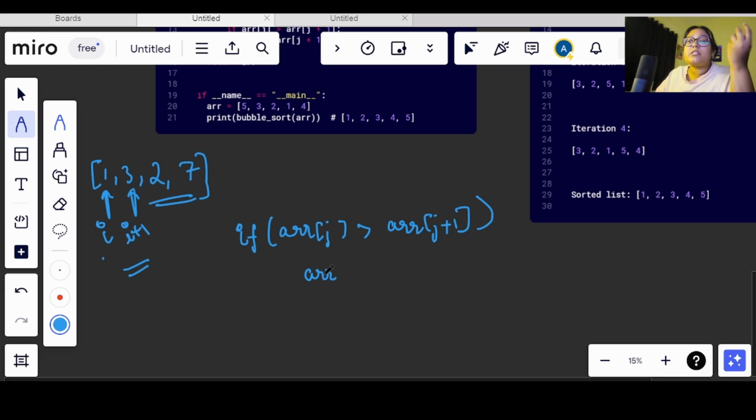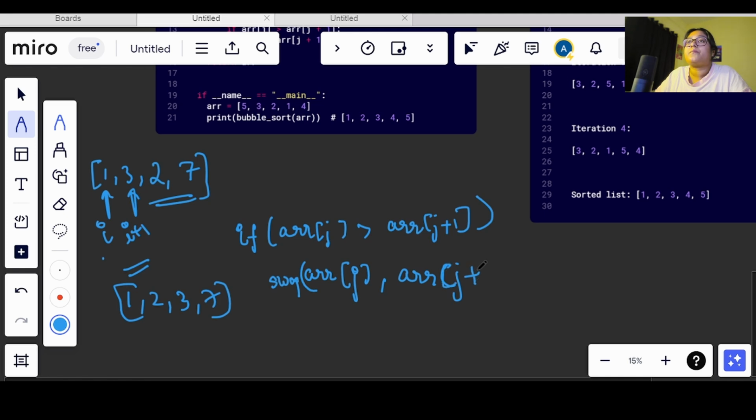And since we are not sure, let's say there is a possibility that the entire array is given as sorted, but then also it will go through the entire array in order to check if even one number is out of place or not. Okay, so that is the basis of bubble sort. So here what we will do is swap the numbers. So we will swap arr of j plus 1 and arr of j. Okay, now we know that this will be followed here.